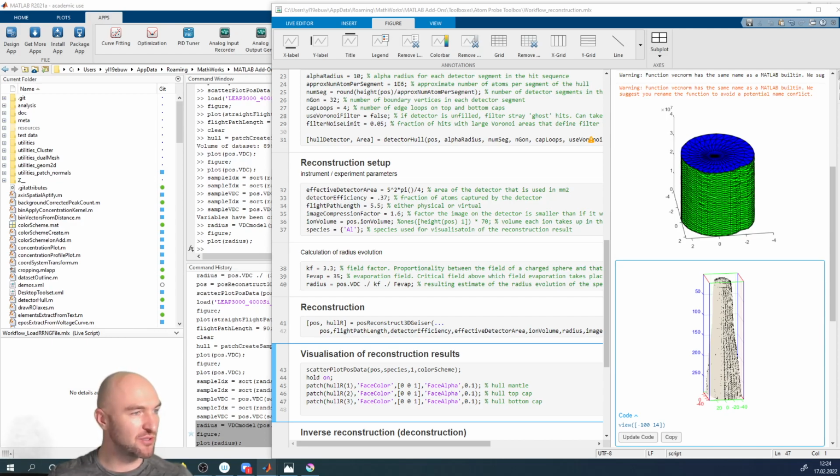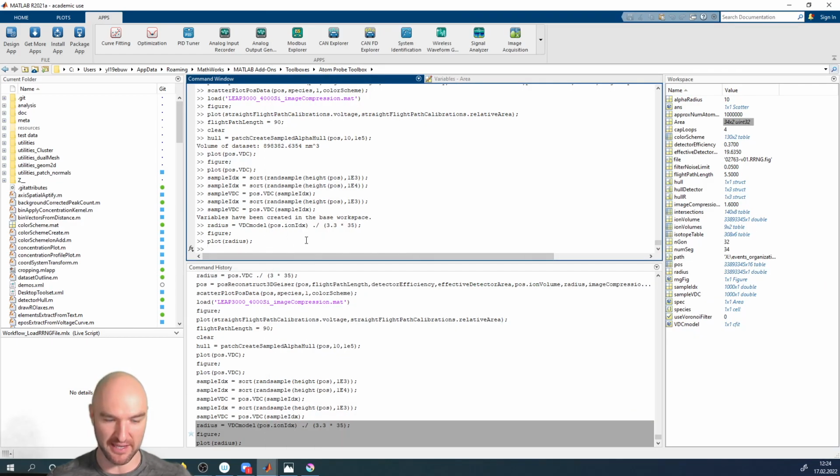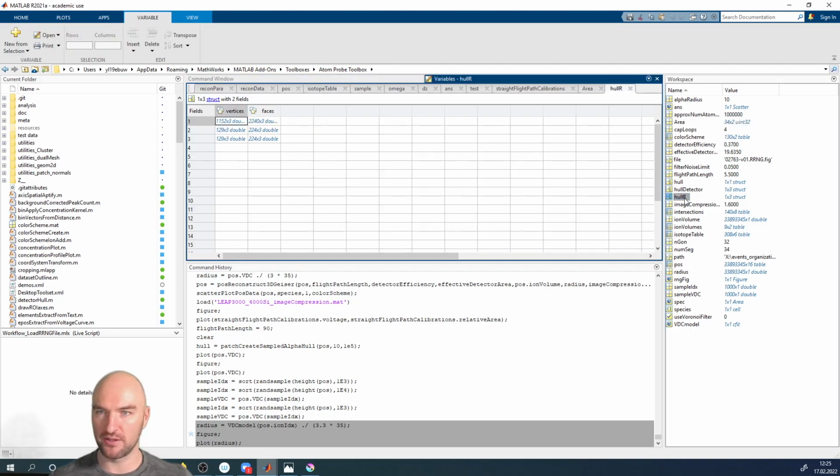Oh, Blender isn't installed. Oh, we need to install Blender on this computer. Bloody hell. The good thing about that is that actually all modern operating systems have viewers for 3D meshes, so we'll just save it out. And we have an exporter for that, so it's patch to obj, and what we want to save out is our detector hull, so that exists now here as a variable. Our hull reconstructed in this case, our reconstructed hull,